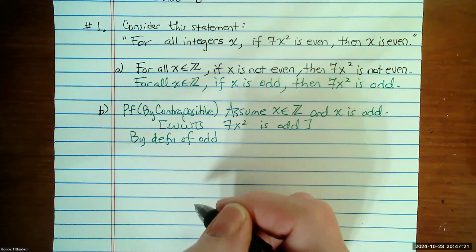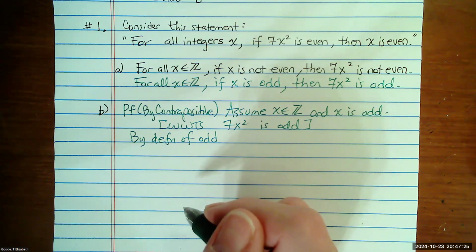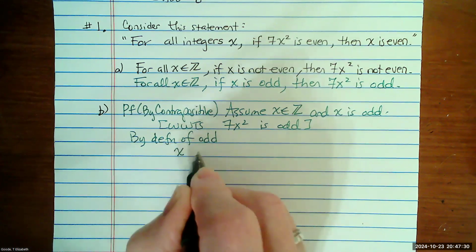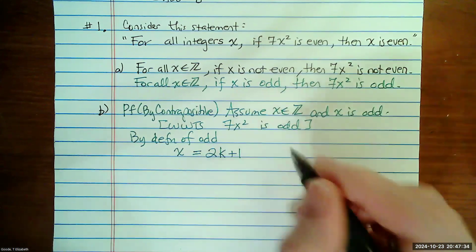I don't think you need to worry about that. Let me worry about that part of the teaching, and let's just make sure you understand it. So by definition of odd, x is equal to 2k plus 1,